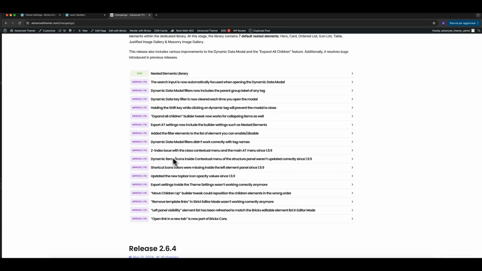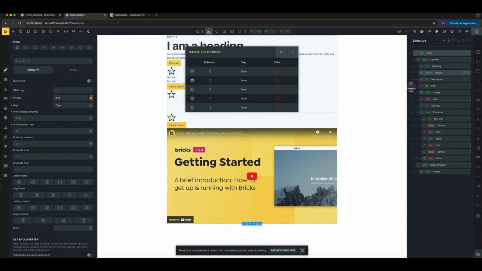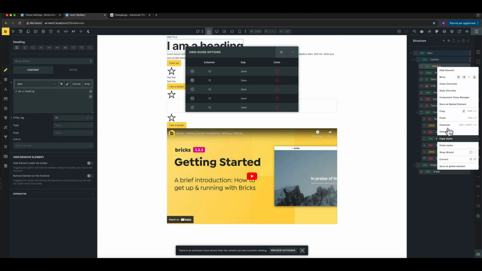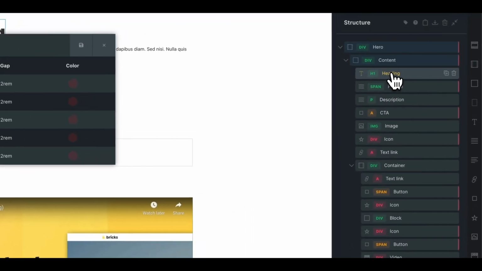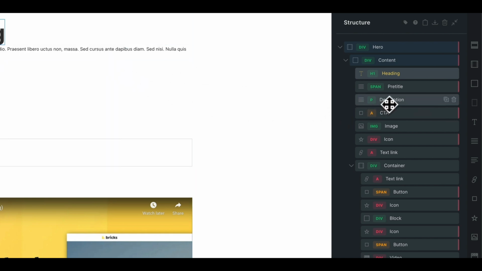And also, since 1.9.9 had a big speed optimization from the Bricks team, that was mainly related to how the structure panel is working in Bricks, and also the contextual menu. So these now work slightly differently to allow better